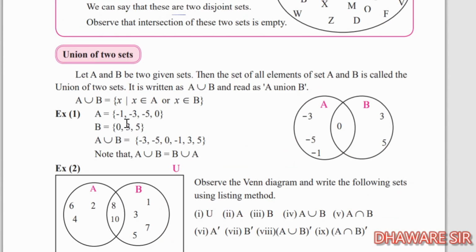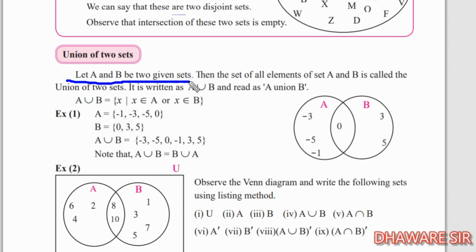What is the definition of the union of sets? This is an important set. Let A and B be the two given sets. There are simple types of definitions: intersection of sets, disjoint sets, and union of sets. The first sentence of all these definitions is: let A and B be two sets.